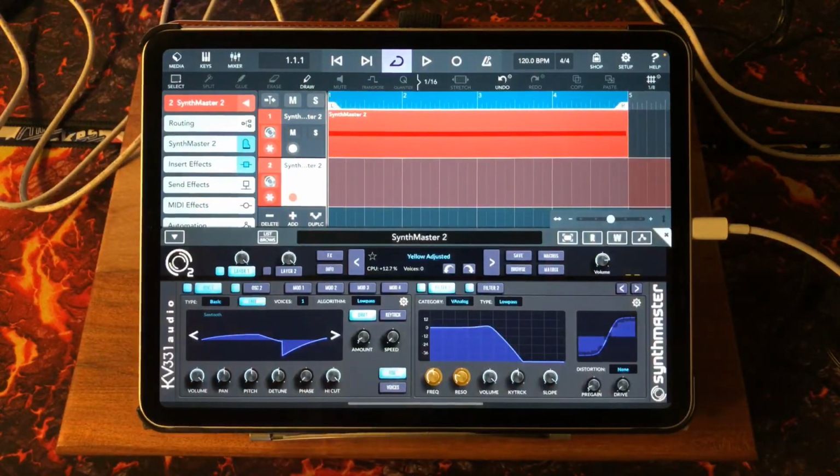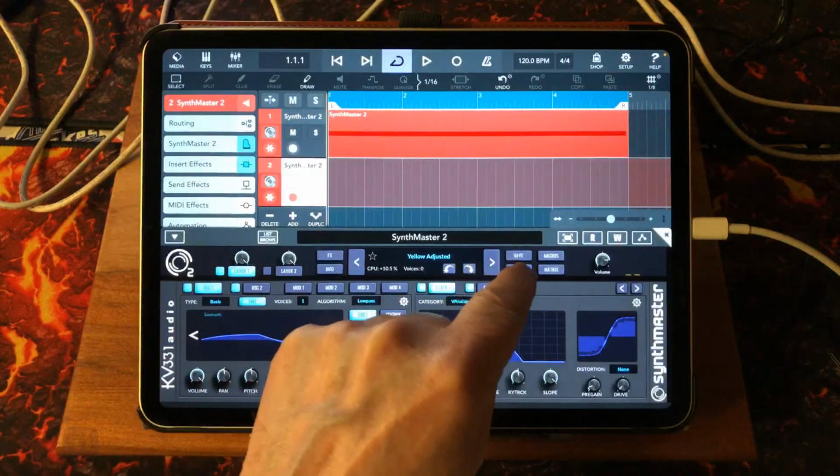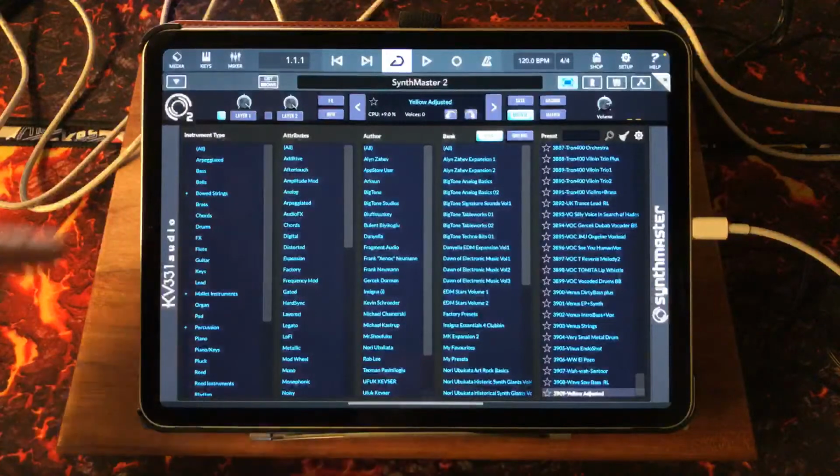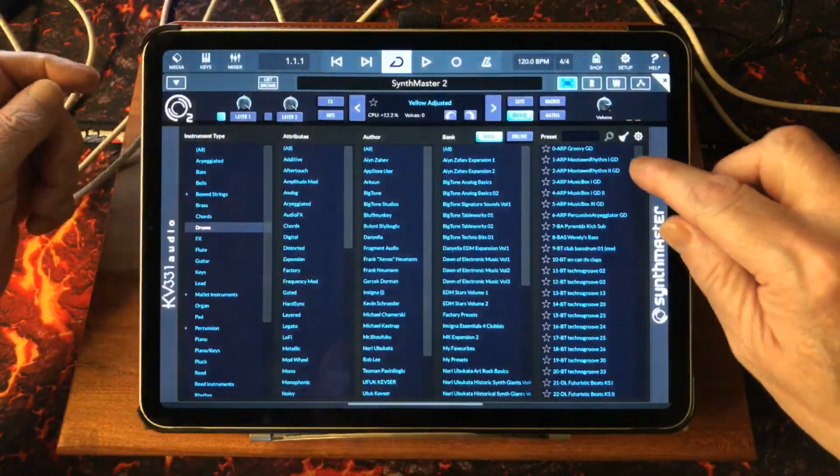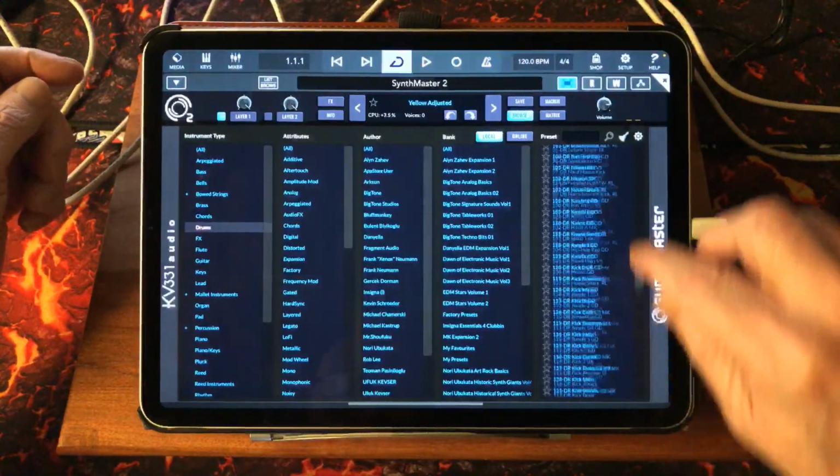Now here's another very cool thing. SynthMaster 2 has drum loops, which is awesome. So let's go to browse again. Let's open up full screen. These are quite easy to find. You go to drums, okay, and these are all your kind of, and there's zillions of them, but you know,